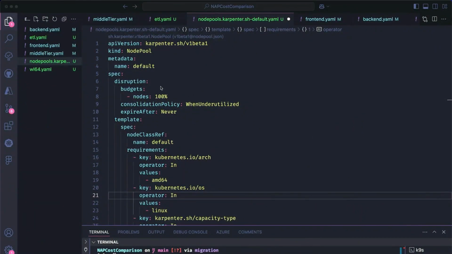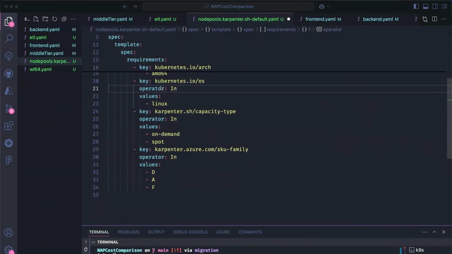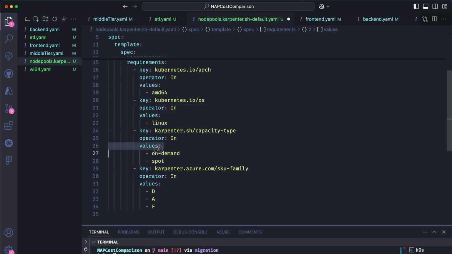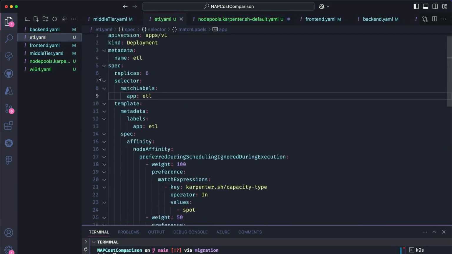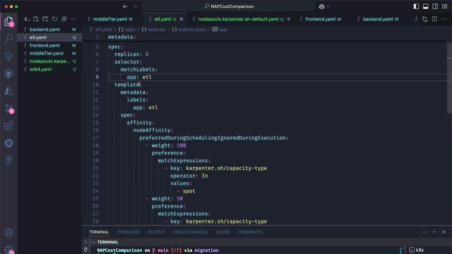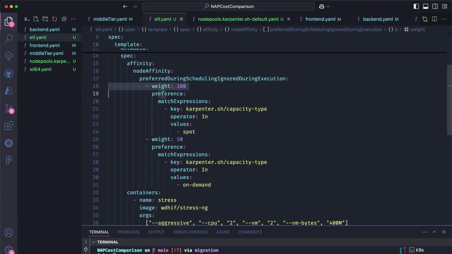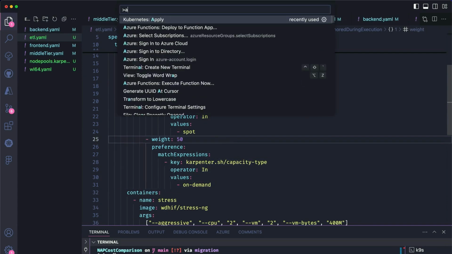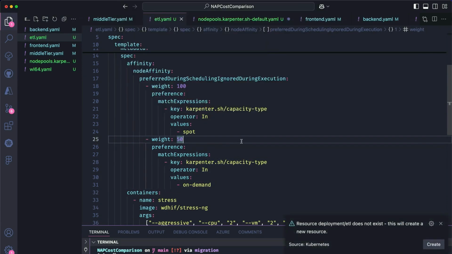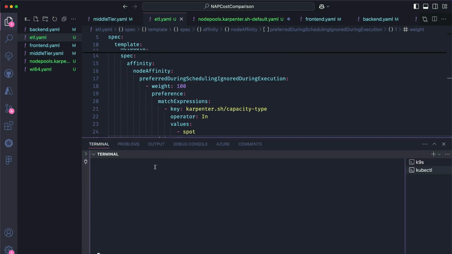And what we're doing here is we're going to have a Karpenter essentially provisioner. We're going to have on-demand and Spot with 3 different Azure families. And we're even using AMD as well for better cost savings, or we might have reserved instances there or additional prices. And then we have a deployment that has a weight of 100 for Spot and a weight of 50 for on-demand. So we'll prefer to be deployed on Spot, but then if Spot is not available, because maybe Spot is out, then it will defer to on-demand.